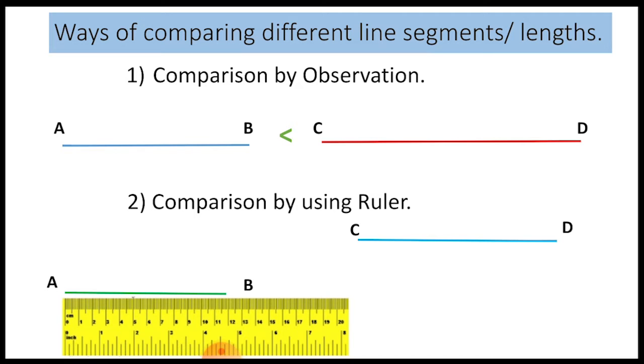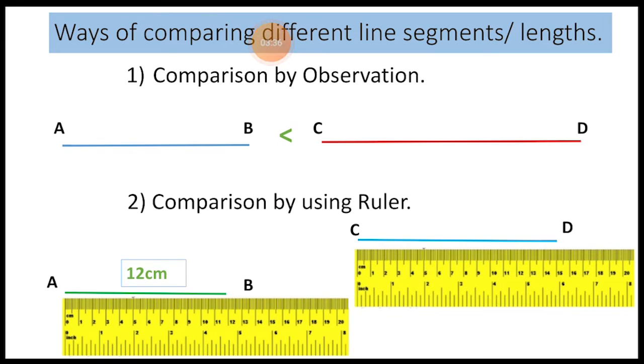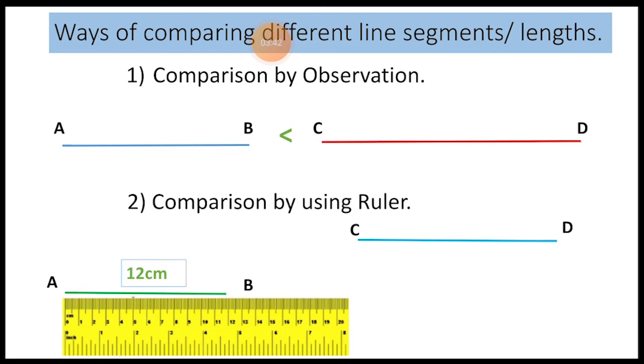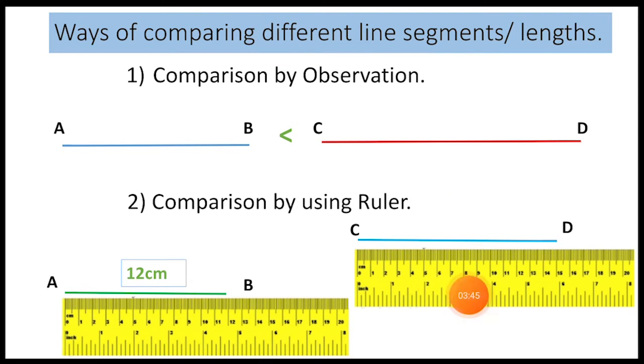So just at the bottom of this line segment AB we have placed this ruler, and in the same manner from the zero reading we will be reading its length for this line segment AB. So you can see it shows the line segment's length, that is 12 centimeter for this AB line segment. Now if you see here the other line segment, that is CD. From 0 if you start reading, this line segment CD ends at the point D, which is just above the reading 15. Okay, so CD's length is 15 centimeter.